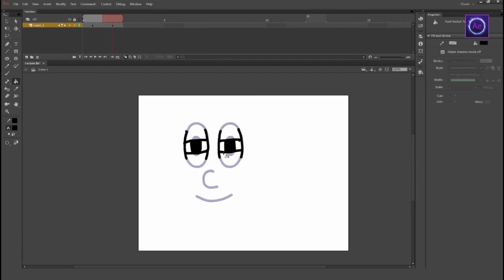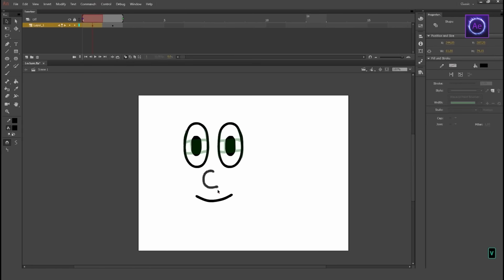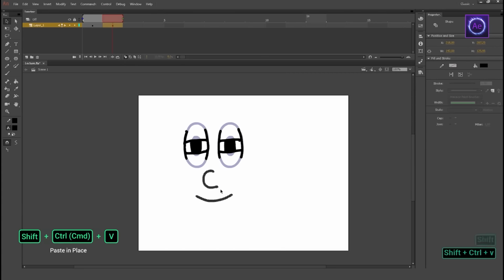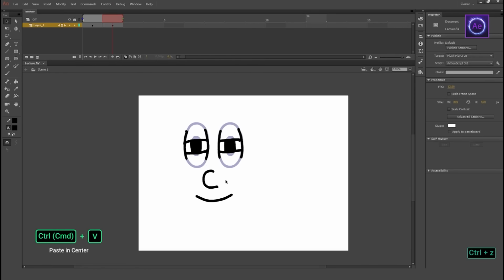The nose and mouth we can copy from the first frame. For that, let's move to the first frame, select the mouth and the nose in viewport, press Ctrl+C, move to the second frame, and here press Shift-Ctrl+V. In this case, the nose and the mouth will be pasted in the same place like it was in the previous frame. If you just press Ctrl+V, the objects would be pasted in a completely wrong place, so just remember